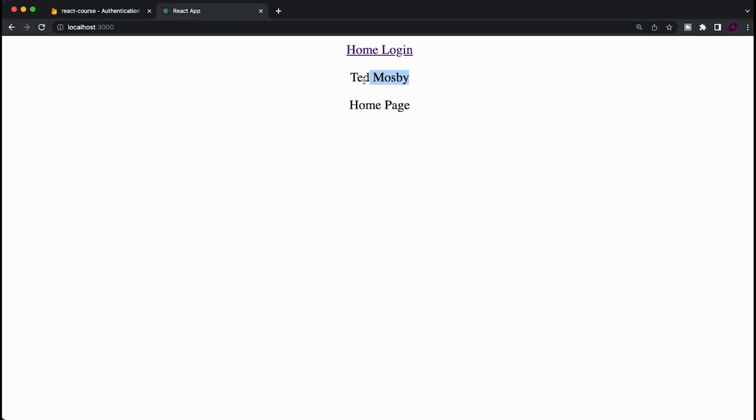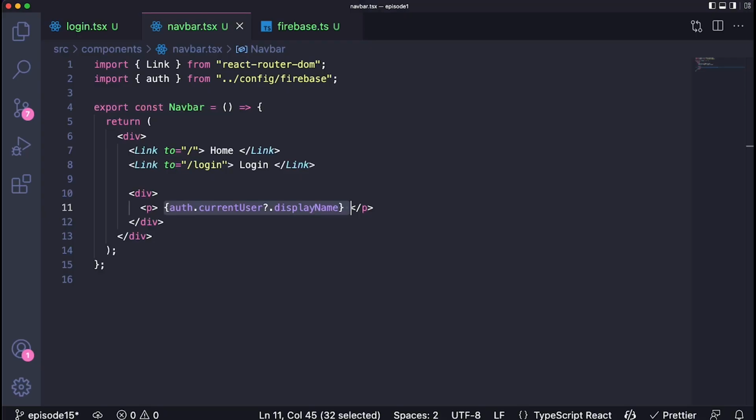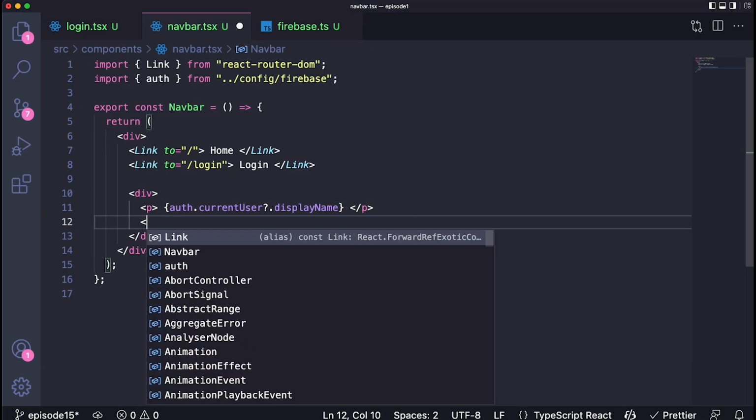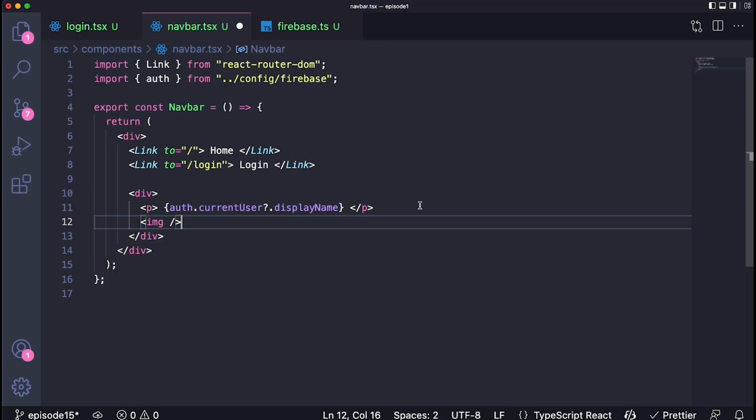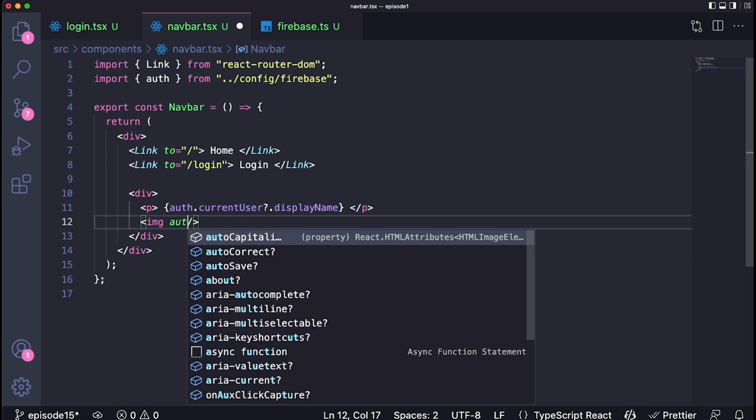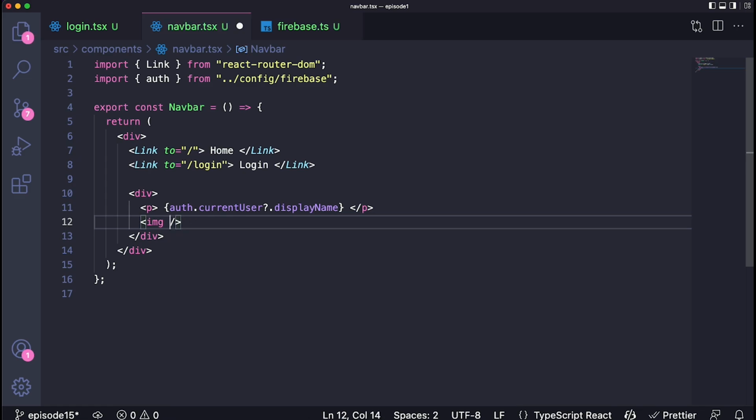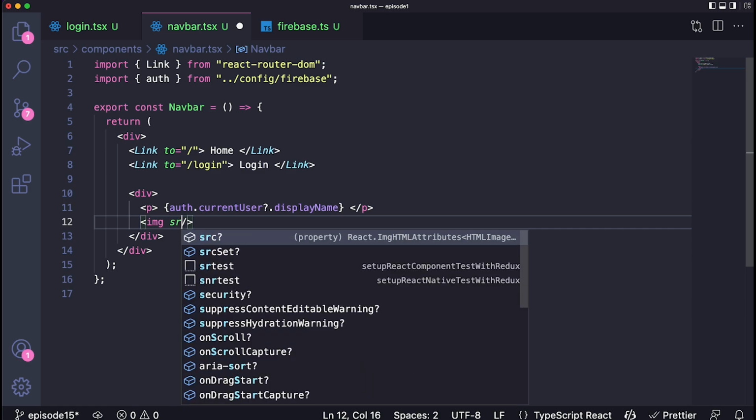As you can see, I logged in with a Google account which has the name Ted Mosby for some reason. But you can see that's the name being displayed. And if we want to display their profile picture, we can even put a little image tag over here by taking use of the auth.currentUser.photoURL. So what we want to do is come over here and give this a source,